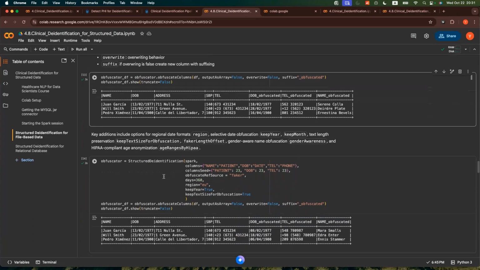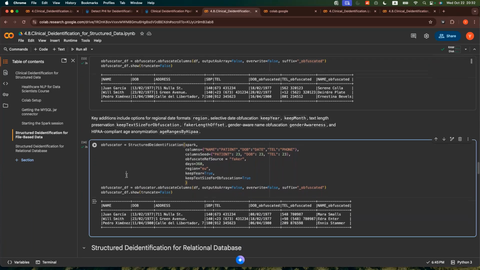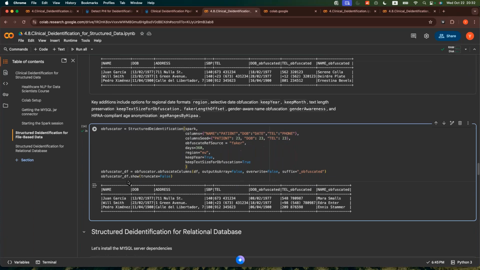Key additions include options for regional data formats, region, selected data obfuscation, keep year, keep month, text length preservation, keep text size obfuscation, faker length offset, gender aware name obfuscation, and HIPAA-compliant age anonymization with age ranged by HIPAA. For example, keep year true. When we look at the original, yeah, these are the same. But if we set it false,